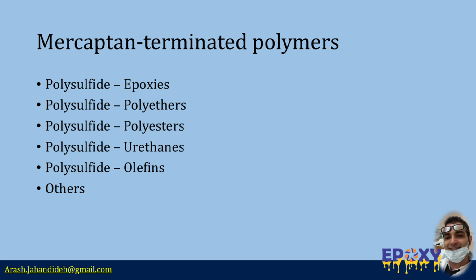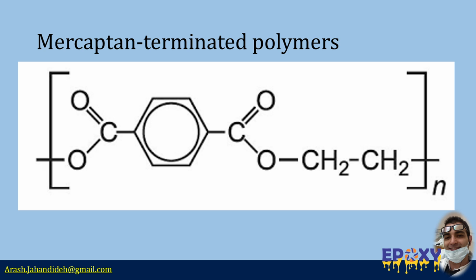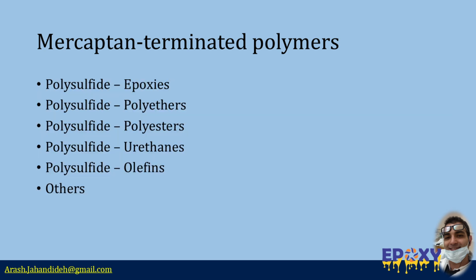Another group of mercaptan-terminated polymers includes those derived from polyesters. Scientists have created these by reacting diacrylate-terminated esters with hydrogen sulfide, producing mercaptan-terminated polyesters that can be cured with dicumyl peroxide and magnesium oxide to form rubber-like materials. Additionally, mercaptan-terminated polyesters have been synthesized through reactions between glycols and mercaptan organic acids, further expanding the range of available